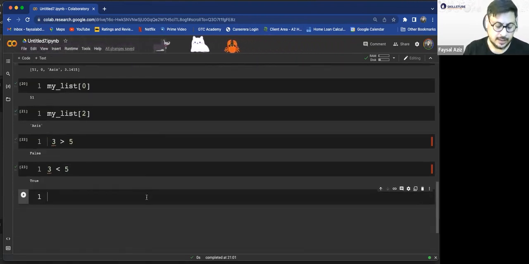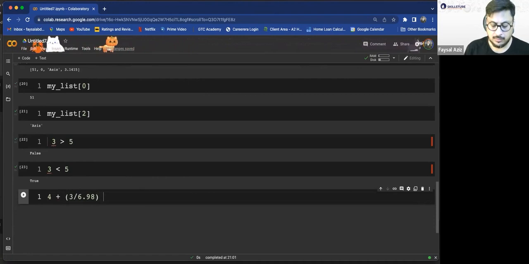Okay. What about is 4 plus 3 divided by 6.98 greater than 3.14 to the power 3? Okay, to the power you write with this.